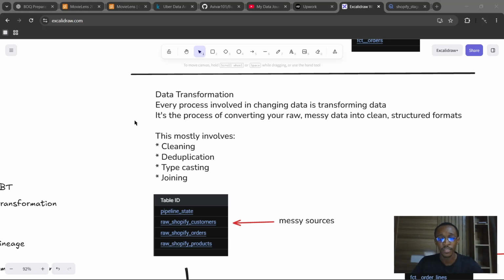Any process involved in changing data from one structure to another, from one form to another, from one shape to another, is referred to as data transformation. But the ideal definition of data transformation, because we are not just transforming data for the sake of transforming, is the process of converting